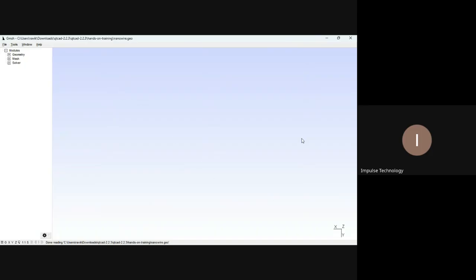Now you can see here 4 modules: geometry module, mesh module, solver, and the post-processing option. But for the QTCAD software, we only need the geometry module and the mesh module. Click on the geometry option, and in the geometry option,